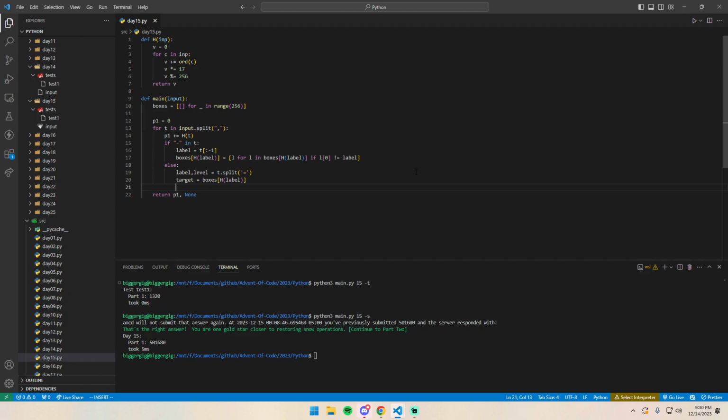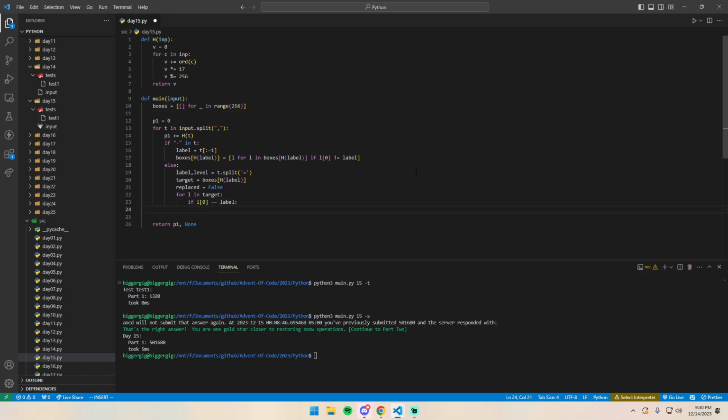And then now we basically have to handle 2 cases. One is if it already exists in here, and we should just change the power. And 2, otherwise we add it to the end. So I'm going to add a replaced flag to basically see if we already replaced it. And then we're going to go ahead and iterate over our target list. And now that I think about this, we actually don't even need to do this. We can just do for lens kind of thing. Did I already use L? No. All right, cool. So for lens in our target, if lens, the first thing is equal to